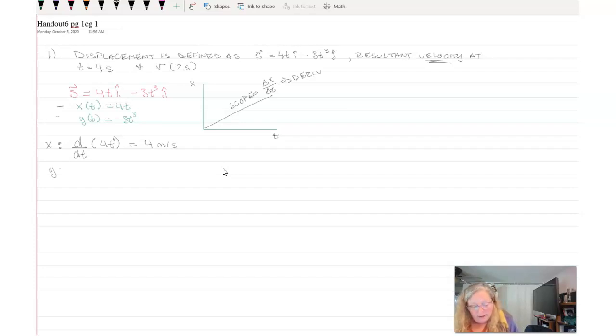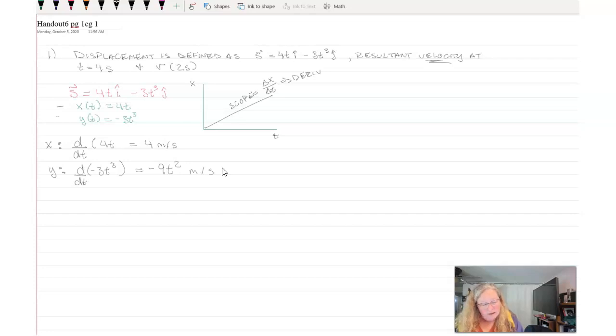And then in the y, what do I have? If I take the derivative of it, I have d by dt of negative 3t cubed. So again, I'm going to pull the 3 down, erase that so it's not so messy. I'm going to pull the 3 down and multiply by the 3 in front. So I get negative 9t, subtract 1 from the 3 in the exponent, that gives me 2, so 9t squared meters per second. That's my units. Okay, so I know the velocity